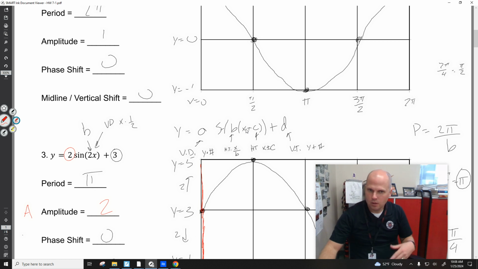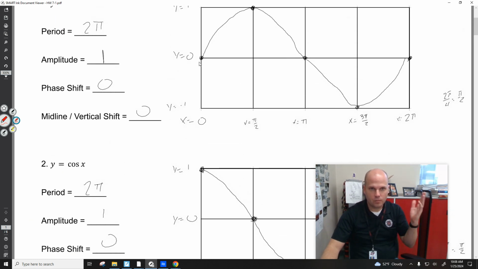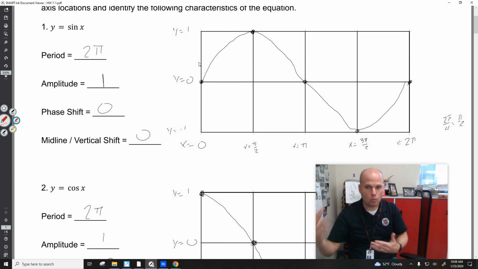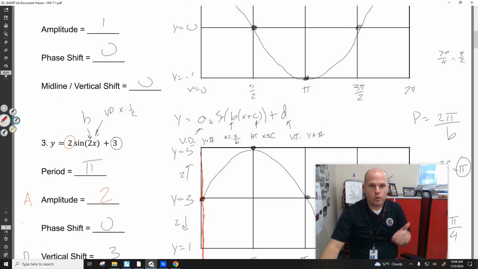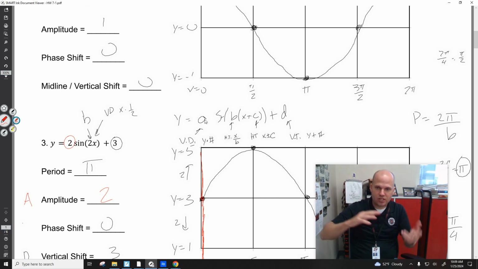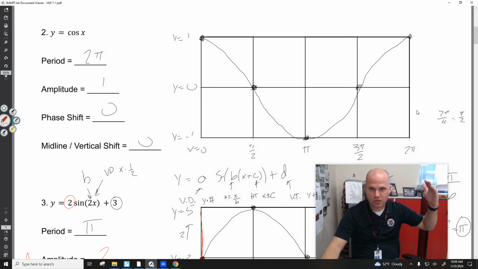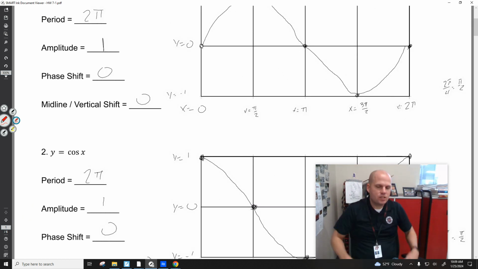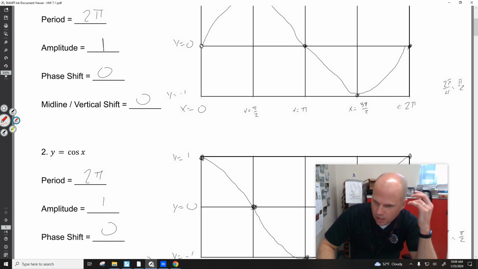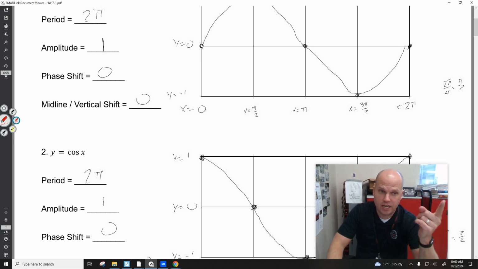Horizontal translations will shift our starting points, making sure you know that cosine starts at 1 because the cosine of 0 is 1 instead of horizontal distance. We know A being a vertical dilation is going to adjust my amplitude, how high I go off of my midline. You know D is going to shift the center of the graph. And that's it. I think the period is tough to understand, and understanding where the graph comes from is tough, but I hope